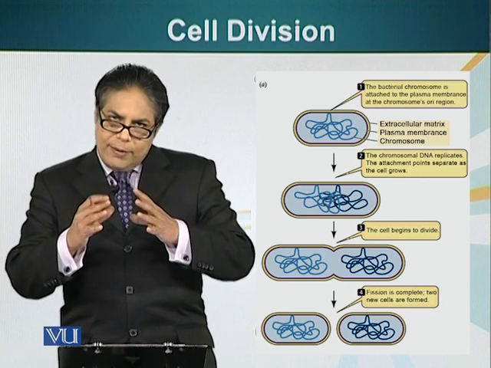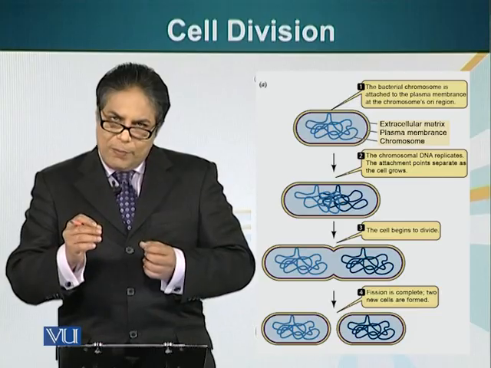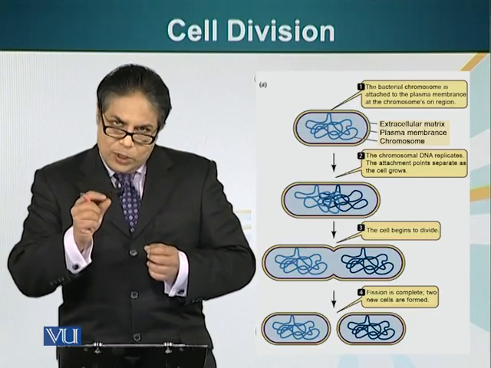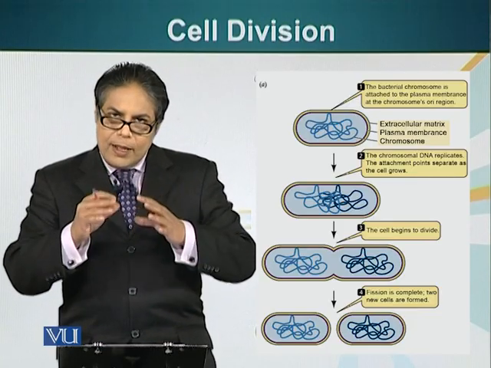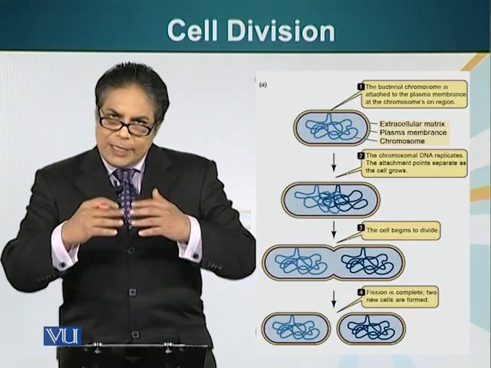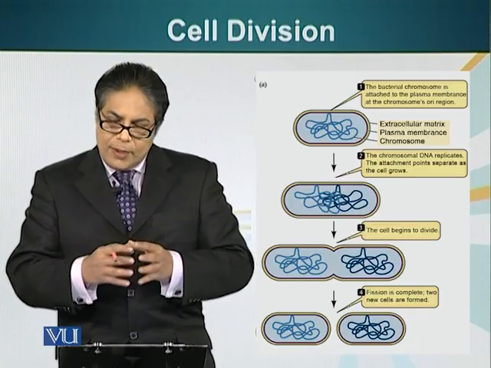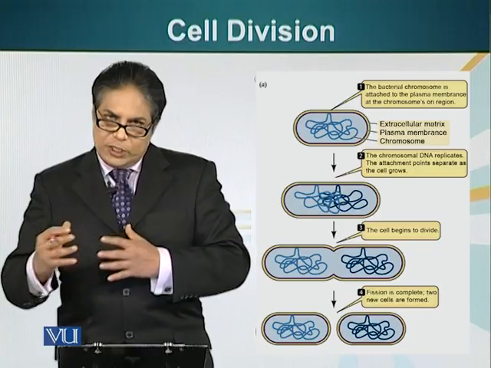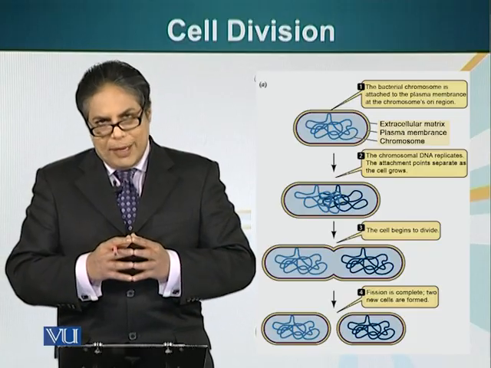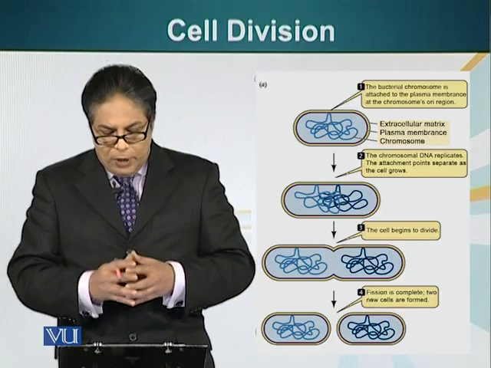A special part of the membrane attaches to the bacterial DNA. That's where a special sequence of DNA is. This special sequence of DNA is the origin sequence. That's where the DNA replication starts. As we have already mentioned, genetic information is contained in this type of polymer, the DNA.